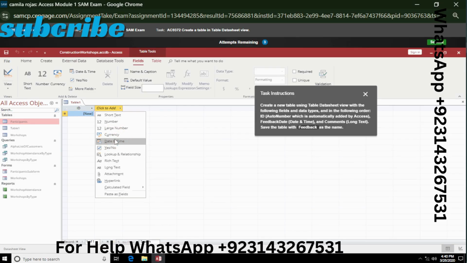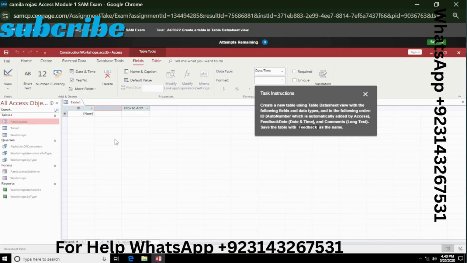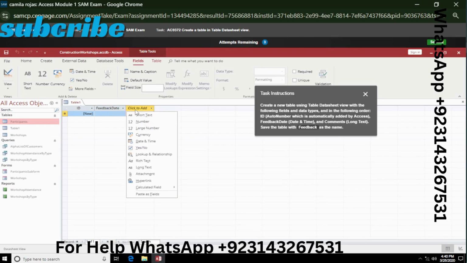Select Date and Time, and now the field name is Feedback Date, and our third field is Comment, and data type is Long Text.